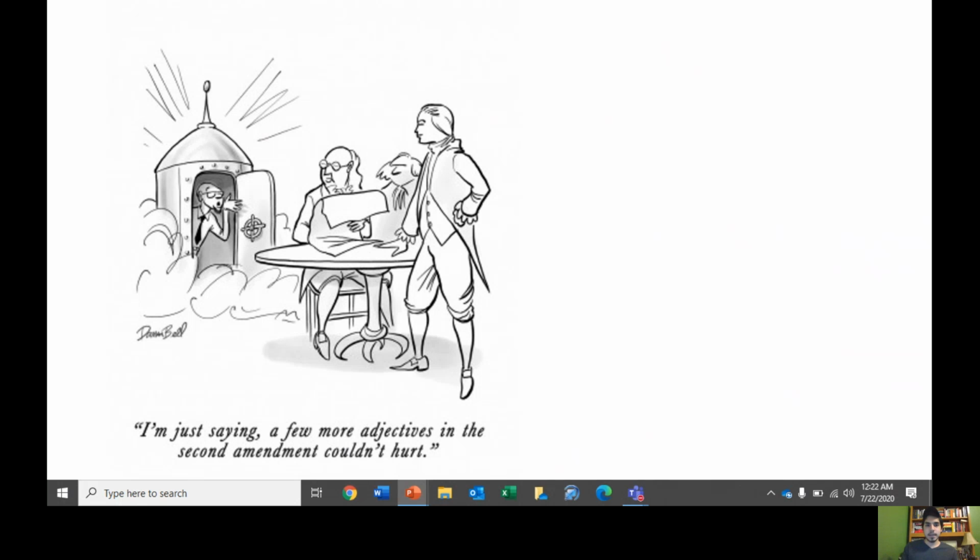About gun violence. It seems it takes a different approach. You can see the founders on a kind of time machine, and he's saying, I'm just saying a few more adjectives in the Second Amendment couldn't hurt, right? So it gets at this idea that